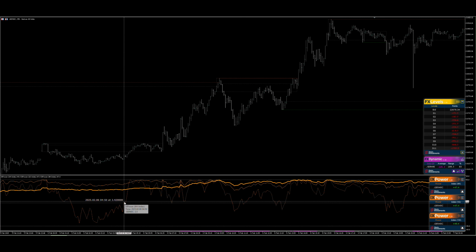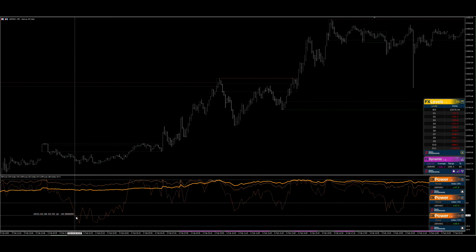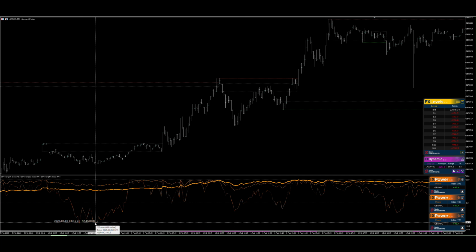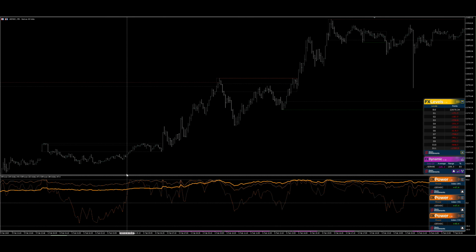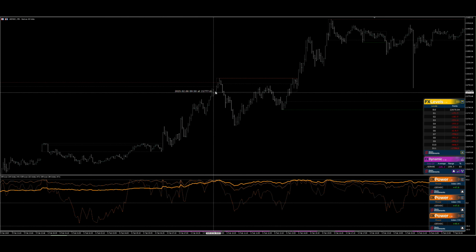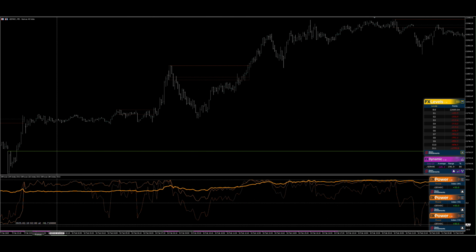Here's another example. Both mid and long-term trends are clearly strong. There was a move to the opposite side on the short-term 4-hour analysis, then it goes back, and you get a great move here to the upside. And interestingly,